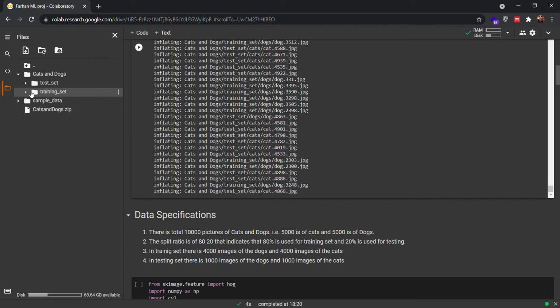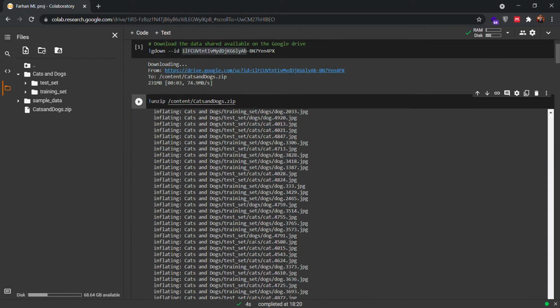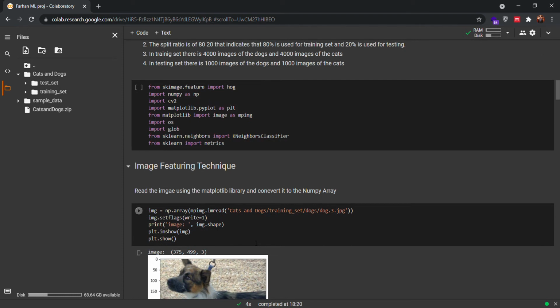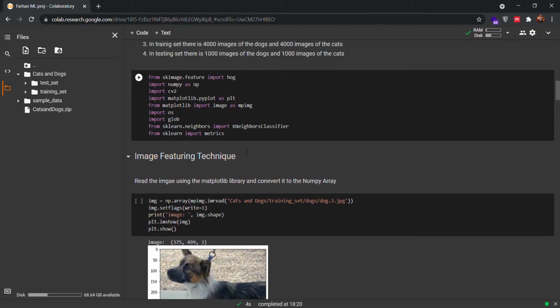So let's go now towards the libraries that we have imported, and this is the technique that we have used for feature extraction of images. First I read the image and then I convert it to a NumPy array.